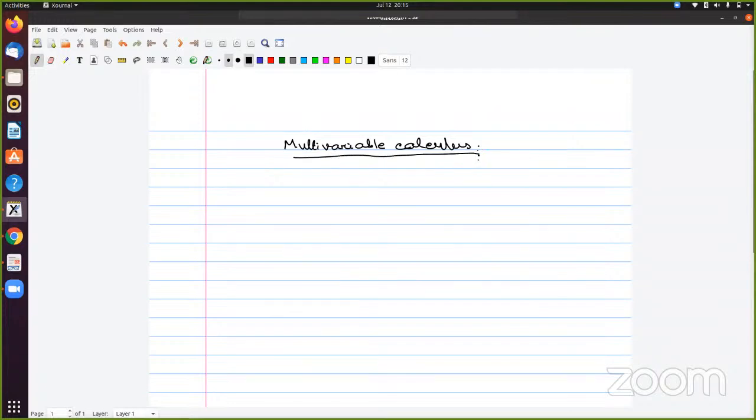When we are talking about multivariable calculus, there is more than one variable, that is quite clear. Now, let's start with the limit concept. Someone has already pointed it out. So what we have done here,